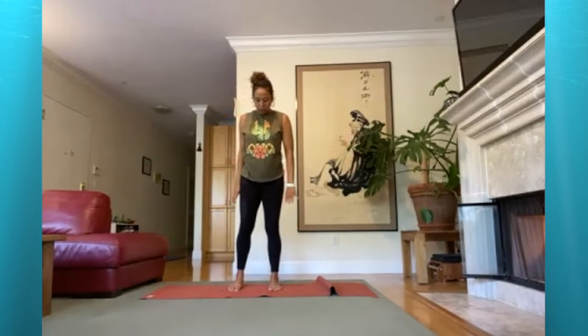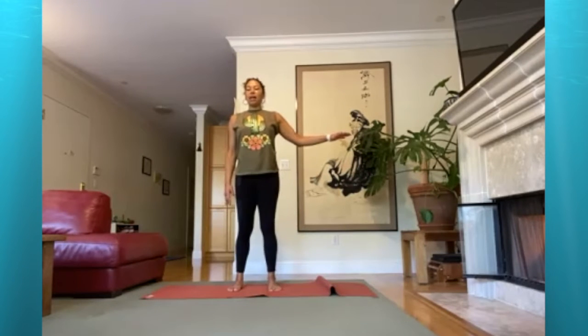So first, actually, we'll just start with grounding to both feet. You can close your eyes, keep your hand on your chair there. And then gently lifting the right toe up off of the floor, grounding into the left heel, in all four corners of the feet, the big toe, the little toe mound, the back side of the left heel, the interior and exterior corners of the left heel,